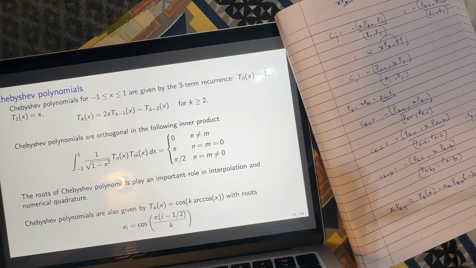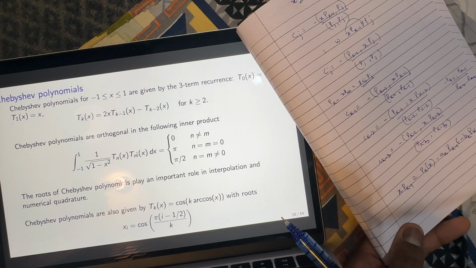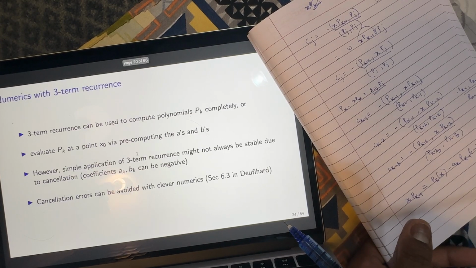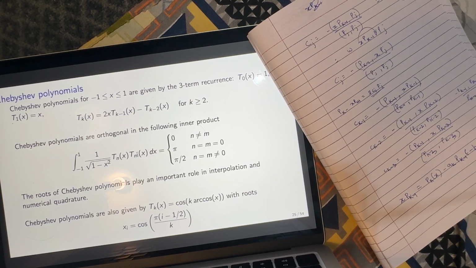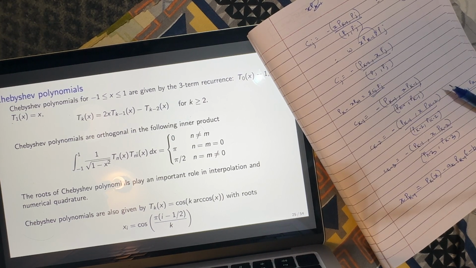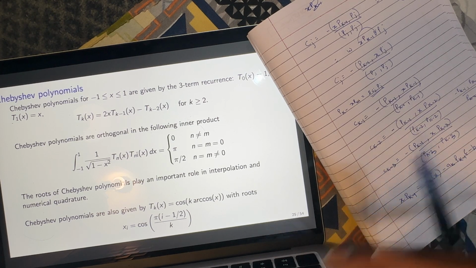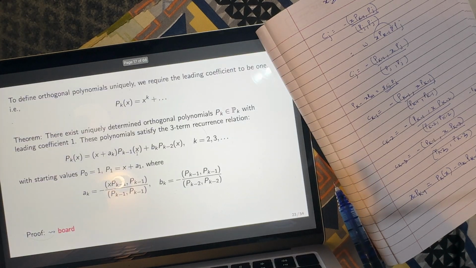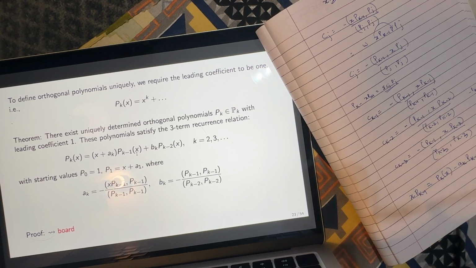Now we have polynomials with this relation. Now I don't understand this. If my orthogonal polynomials with the leading coefficients 1 are going to be defined by this recurrence relation,